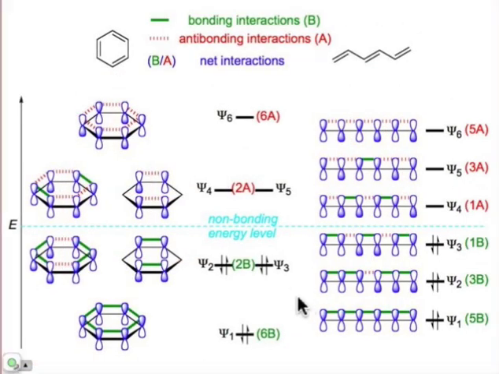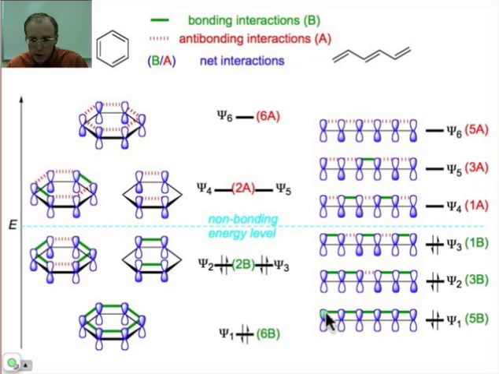So we have the same set of orbitals here, but let's start over here with the hexatriene molecule. Notice that adjacent atoms have p orbitals of exactly the same sign. Altogether, we have 5 bonding interactions. In psi 2, we have 4 bonding interactions, and then we have 1 anti-bonding interaction. And so the number of net bonding interactions that we have is 4 minus 1, or in other words, 3